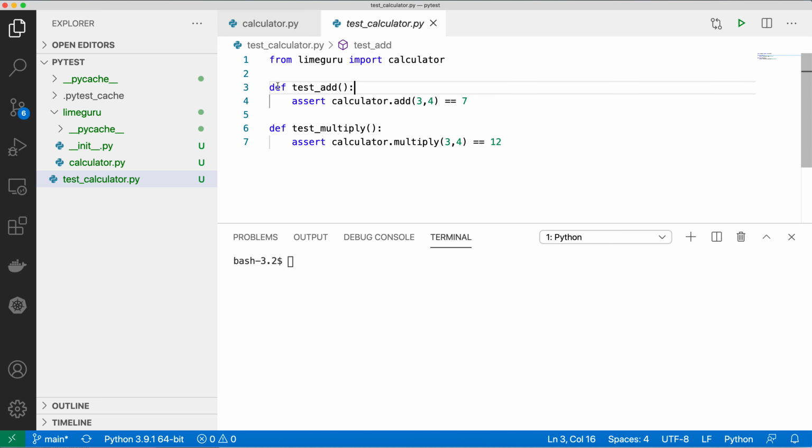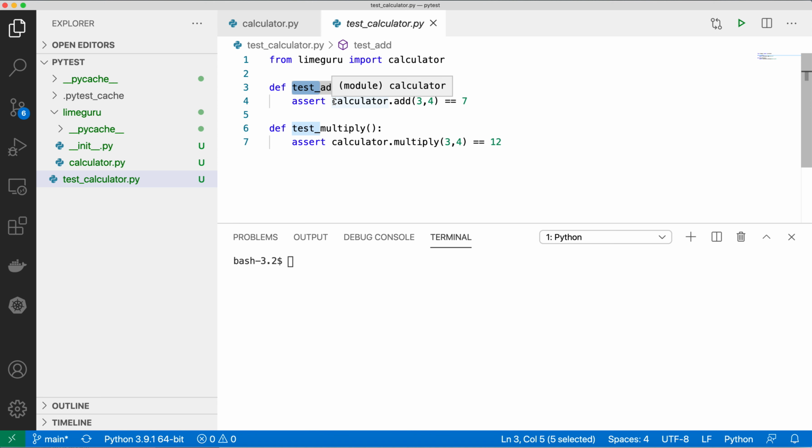Now comes how to write the test cases. In order to write the test cases, you need to declare the function with test underscore, so you need to prefix it with test_. Any function which is prefixed with test_ will be taken as a PyTest test, and PyTest will execute only those test cases. After that, whatever function you want to test, you can give any name. Just to relate, I have given the same names on which my functions were created, that is add, multiply, subtract and divide. But the important thing is that you have to prefix it with test_.